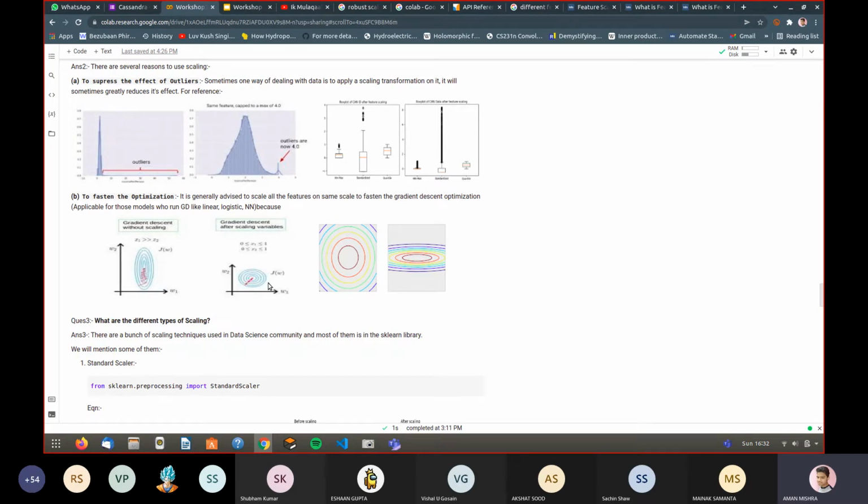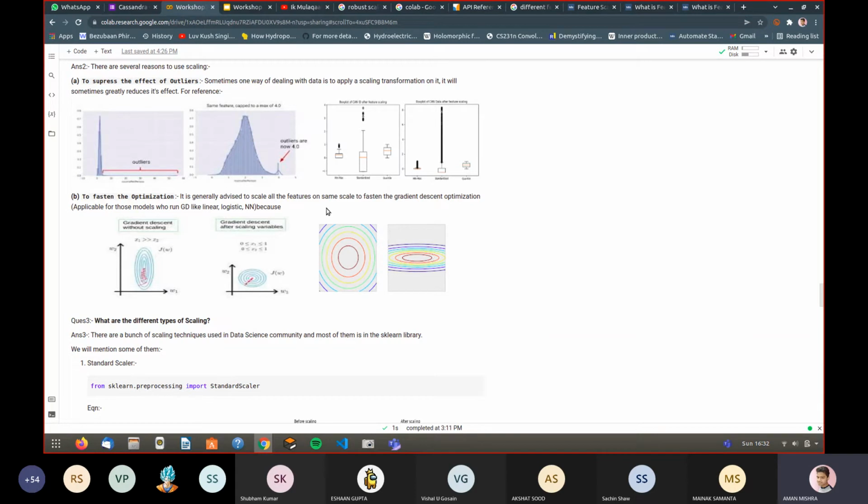But when the scaling is almost the same for all the features, the loss curve becomes spherical rather than an ellipse. This helps gradient descent converge fast, because it will not take these random haphazard steps. It will directly converge to the minima.